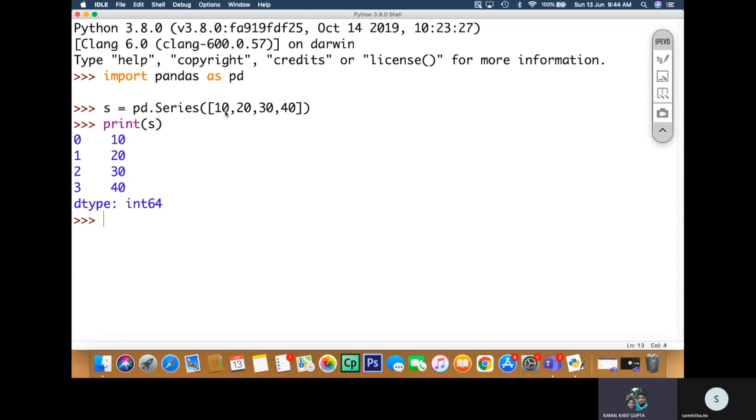So like that. But here in the case of series, you need not pass always homogeneous values. You can pass heterogeneous values also. The series supports that. Let us pass it and see what happens.